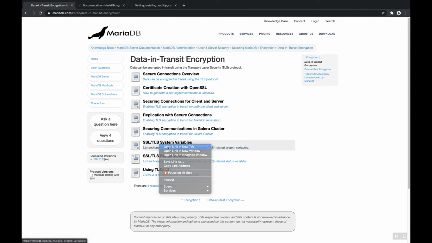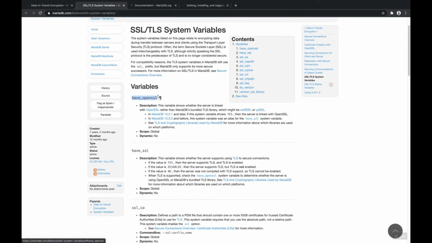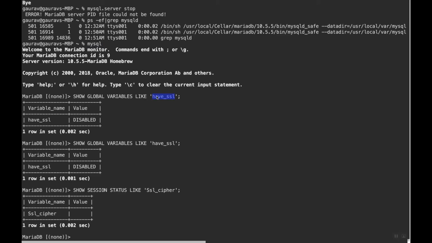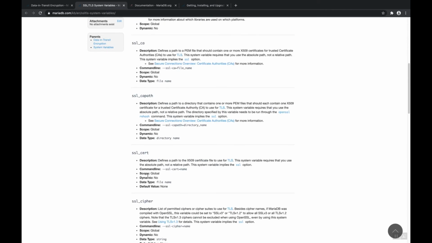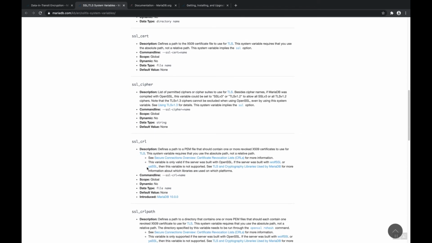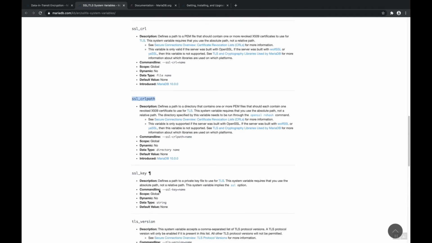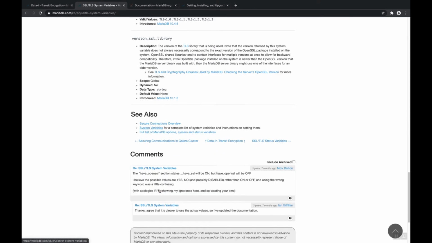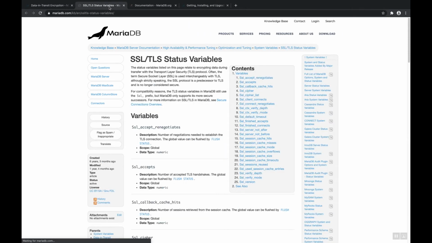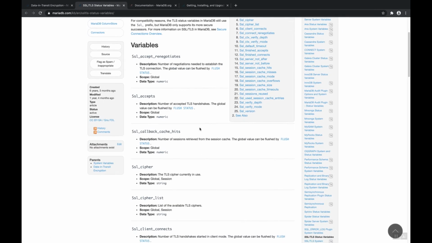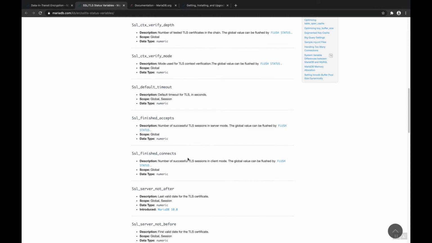Now we come to the SSL and TLS system variables. So there is have_openssl, and I think preferably they are going to this have_ssl. Then there is ssl_ca, ssl_capath, ssl_cert, ssl_cipher, ssl_crl, and there is a description of what the path is. Then ssl_key, tls_version, and so on. So these are the defined ones. And what are the status variables? Let's see: accept, negotiate, accept. So you can read it when you configure it. These are the different options, based on the security features.